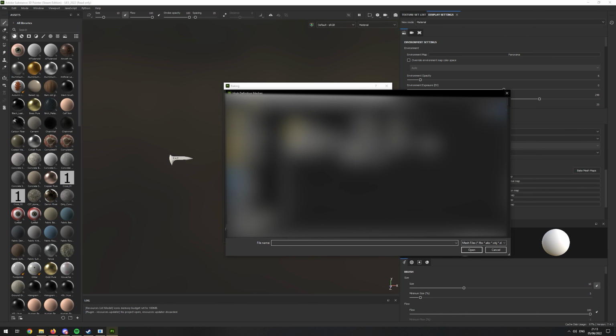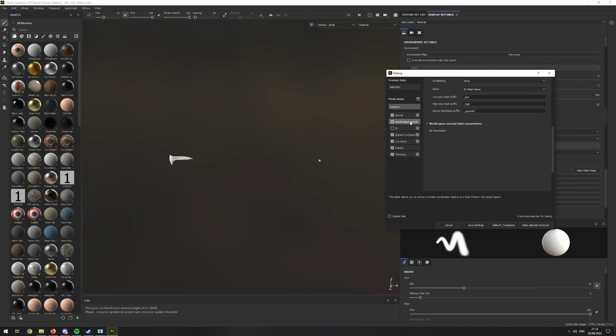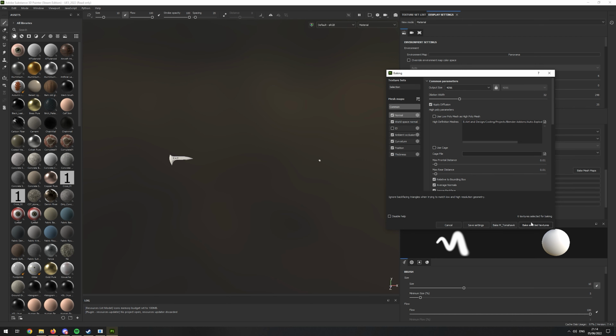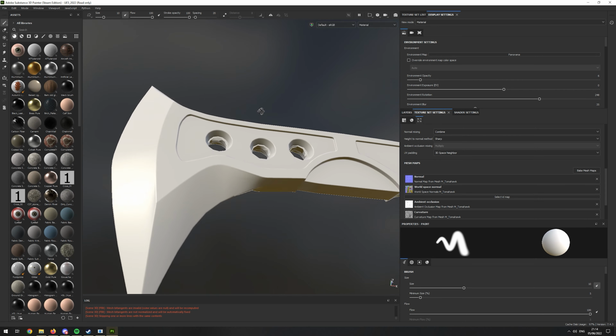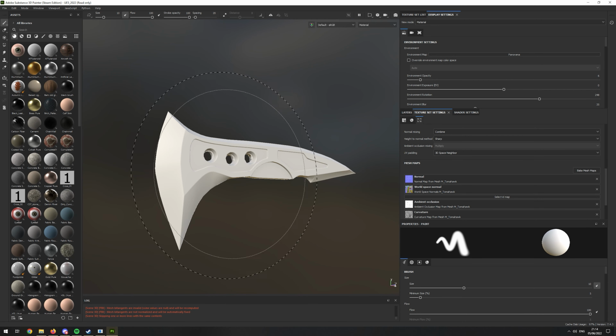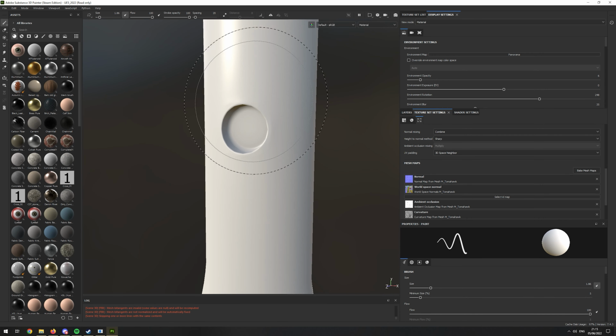So I'll import our high model, which as we can recall was in the exact same spot as the low poly model. I'll bake by mesh name and let's do 4K. Now going and looking at our baked result, we can see there's quite a difference, which means the baking worked. We can also look at our cylinder here, we can see the baking